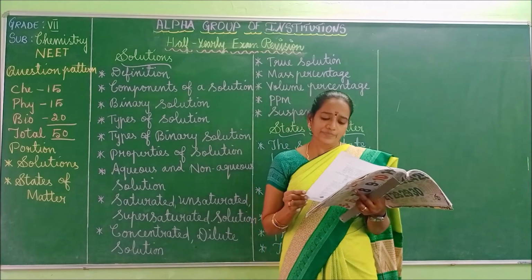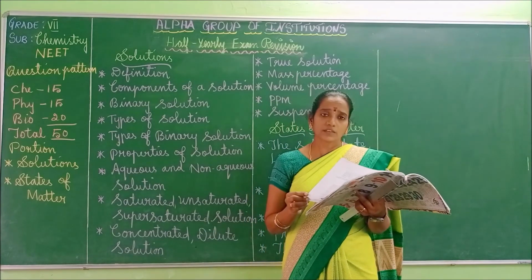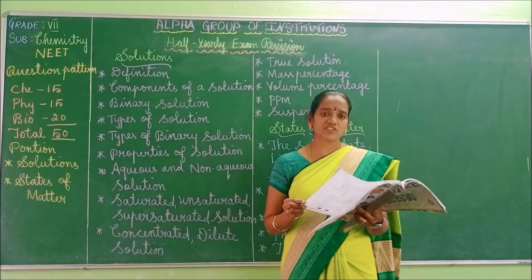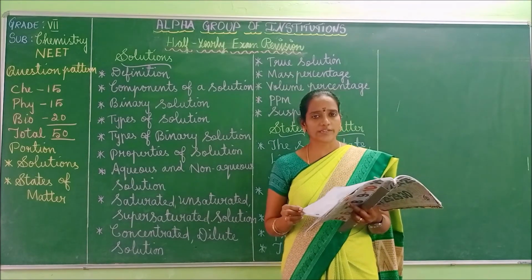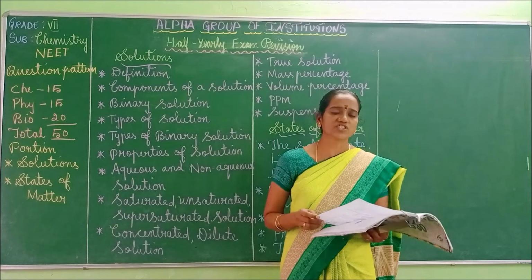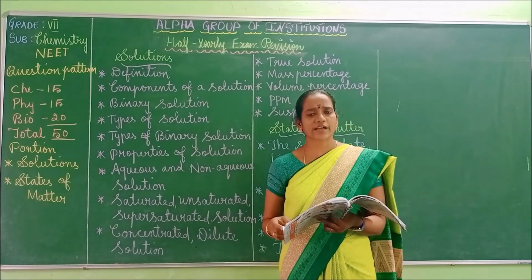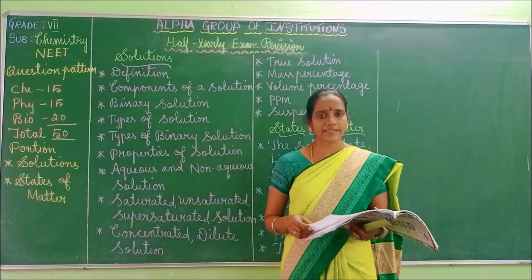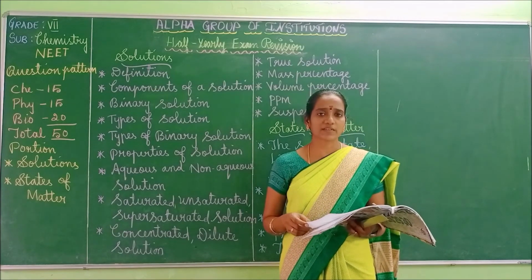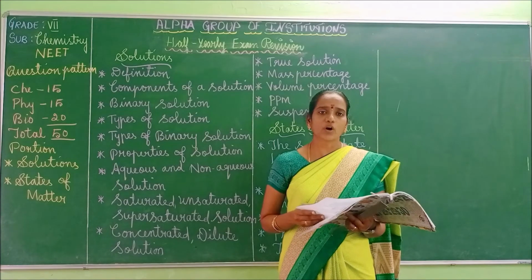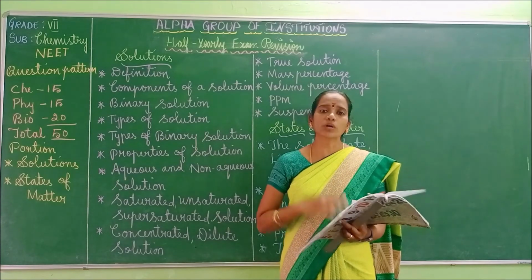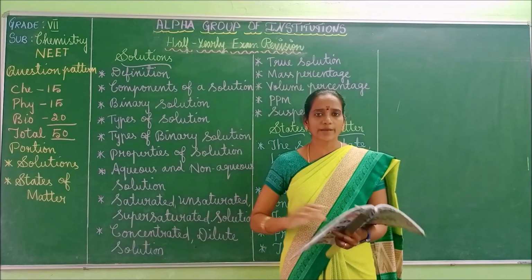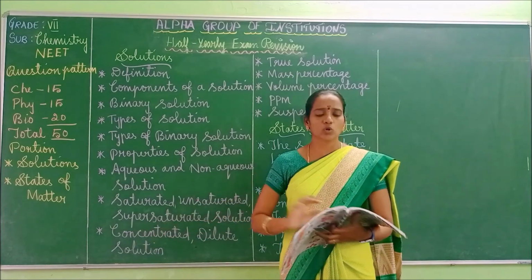Next one, the second para. The molecules of liquid have more dash energy than the solids. Is it potential energy, mechanical energy, or kinetic energy? The answer is kinetic energy. The molecules of liquids have more kinetic energy. That's why it flows easily. It flows from higher level to lower level.